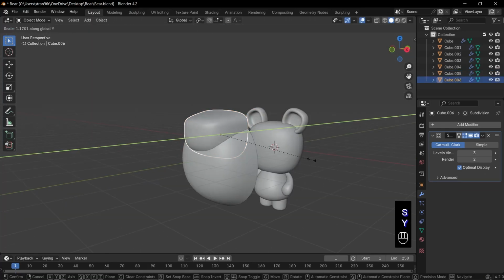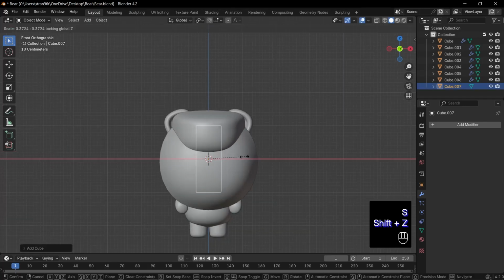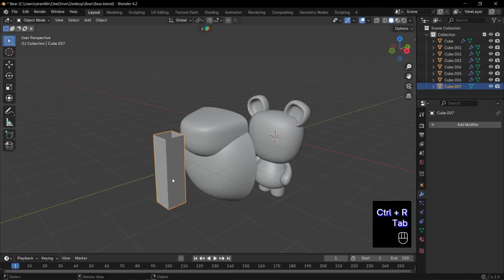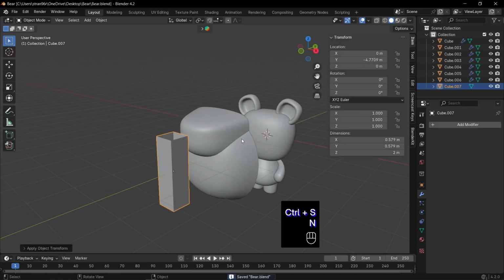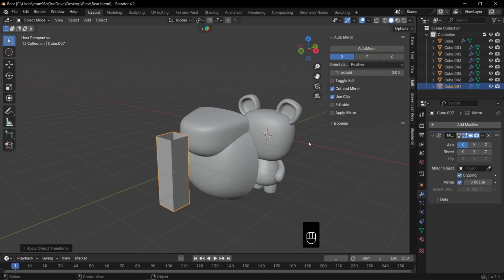Now, press Shift+A. Add another cube for the lower snout. Use S, Shift+Z to flatten it. Delete the top face in Edit Mode. Add a loop cut near the bottom, and apply Ctrl plus a rotation and scale. Open the side panel with N, go to the Edit tab, enable Auto Mirror, and click it to mirror the